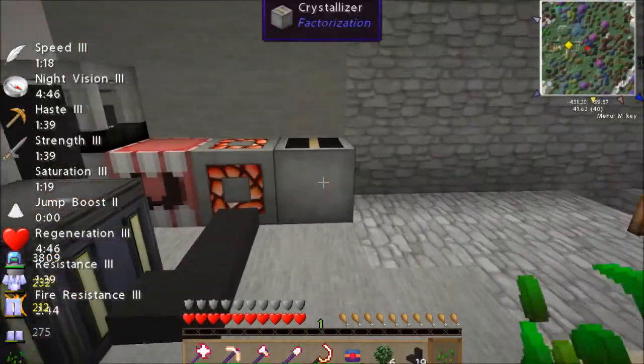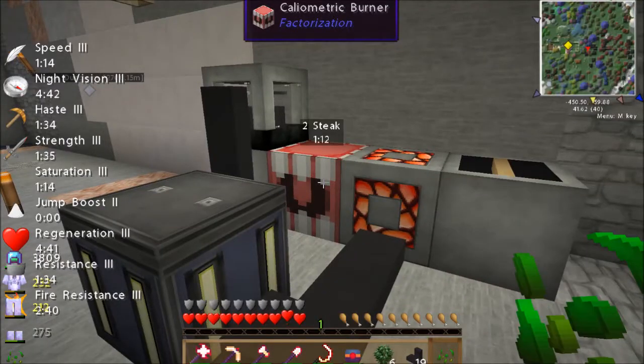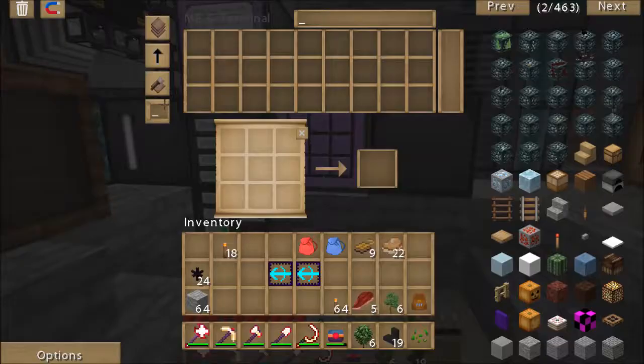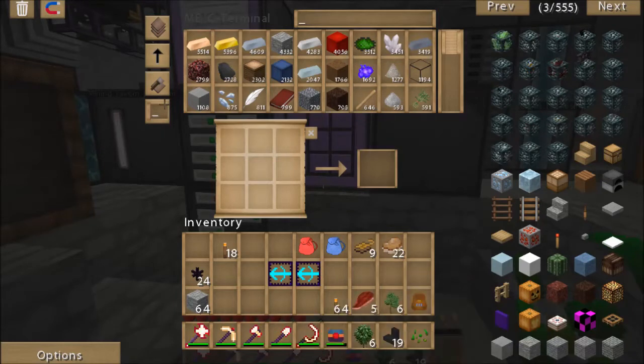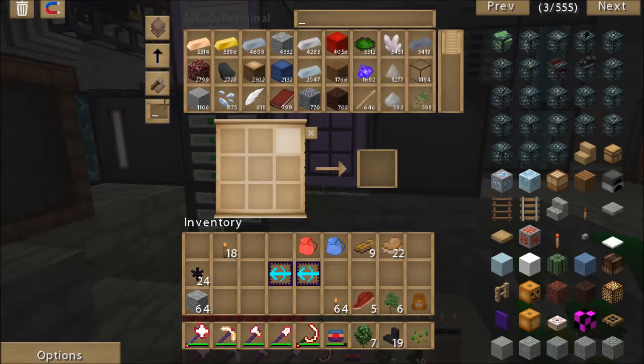Anyway, this crystallizer takes forever. Not literally, but seriously, it takes a long, long time. So, alright, what else can we make here? We've got our servo rails, we've got the points, we've got lead wire. We're going to need...